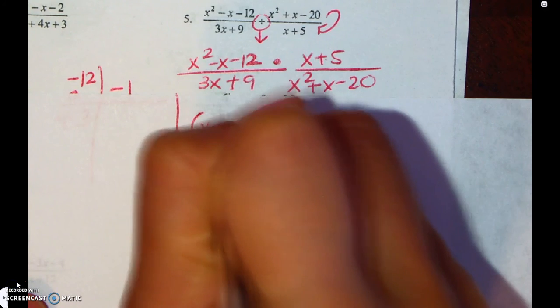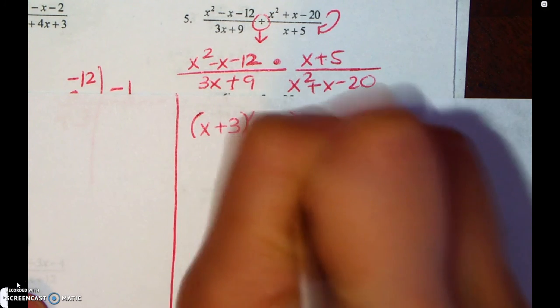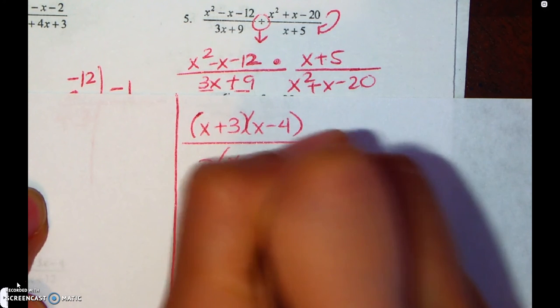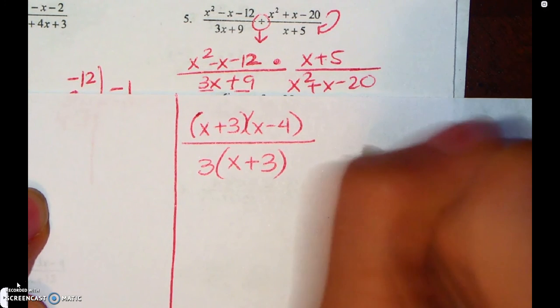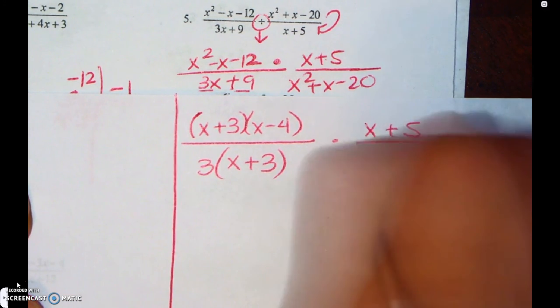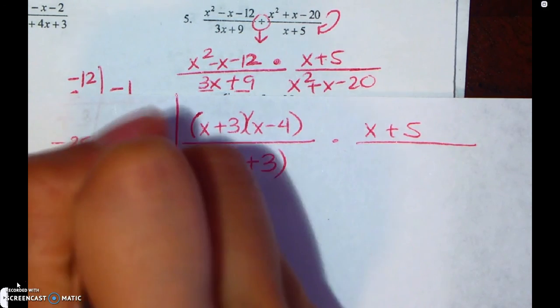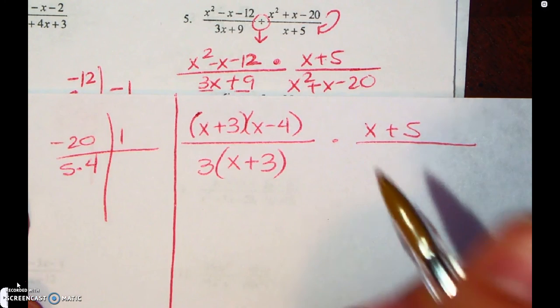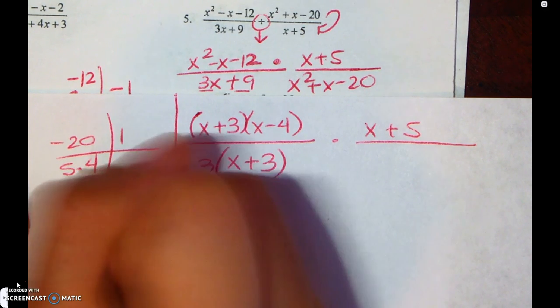Okay, so I have x plus 3 times x minus 4 in the numerator. The greatest common factor between 3 and 9 is 3. And I'm left with 3x plus 3. I'm going to leave the numerator the same, and then I'm going to do a CB table for negative 20 and 1. 5 times 4 is 20, and that adds up to negative 1, but one of them has